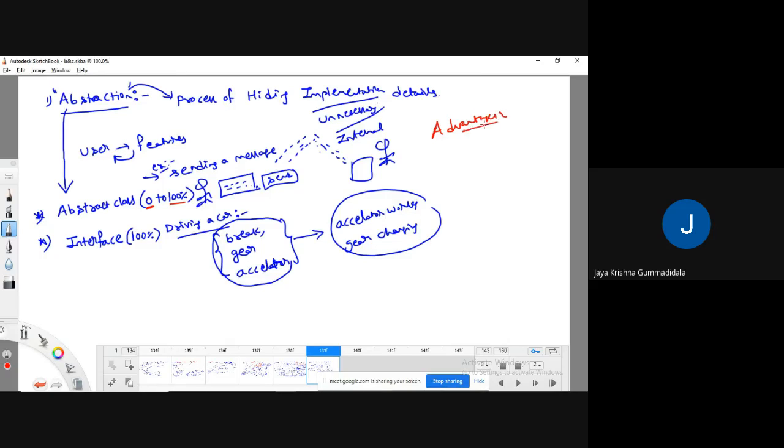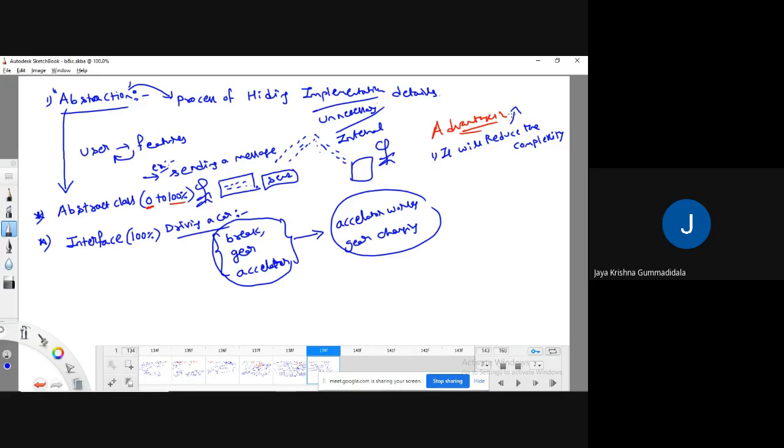One thing, it will reduce the complexity of code viewing. Meaning that when we see the profile of an abstract class, it will show only that particular thing, what are the features that are there in that program.